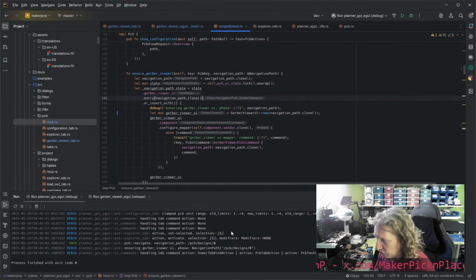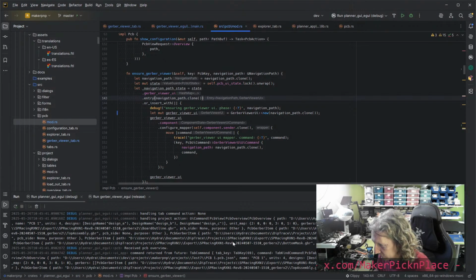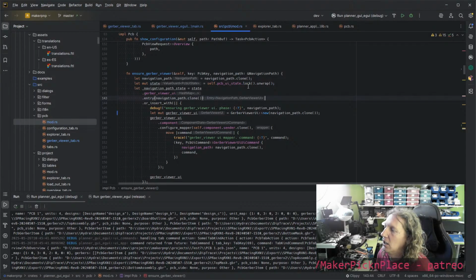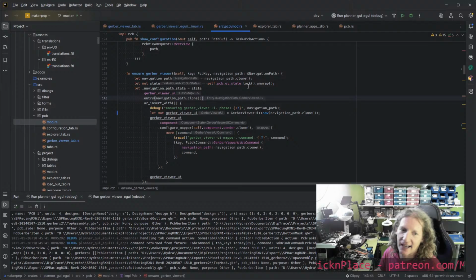Did it even try and load any files? I don't think it even tried to load any files. Yeah, I know what's going on. It's because